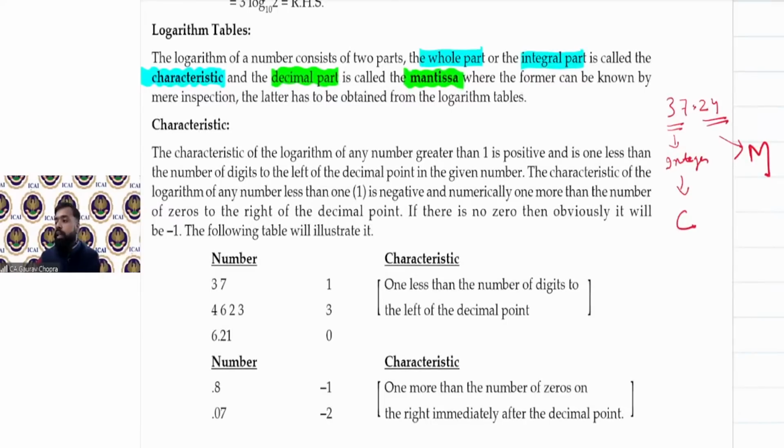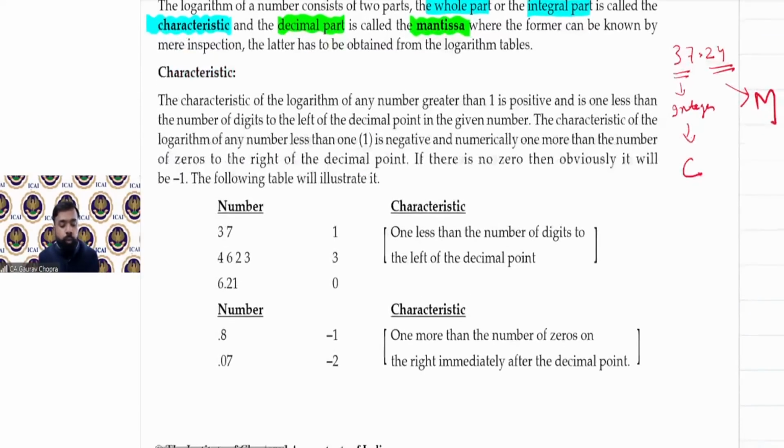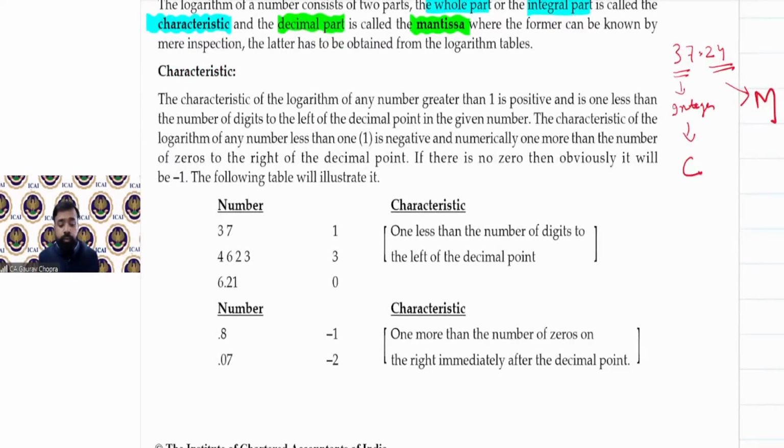Now, the characteristic of the logarithm of any number greater than 1